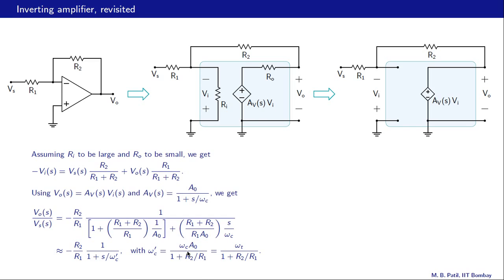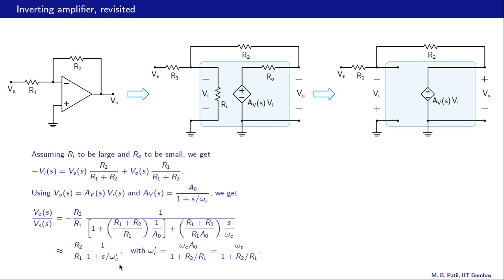Now omega C times A0 we have seen before, and that is denoted by omega T, that is the unity gain frequency of the op amp. And for op amp 741, as we have seen earlier, it is 2 pi times 10 raised to 6 radians per second. So now we know the gain of the inverting amplifier as a function of frequency,